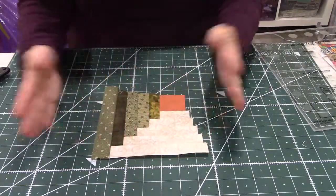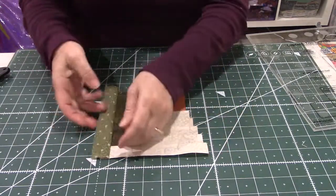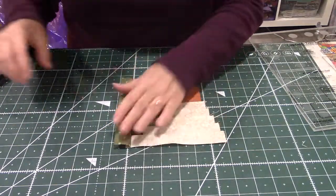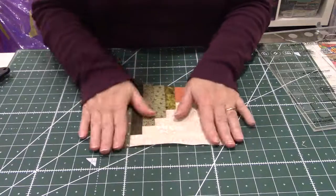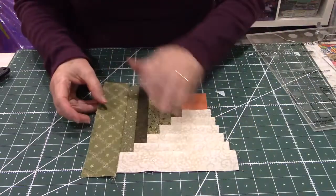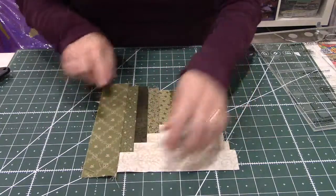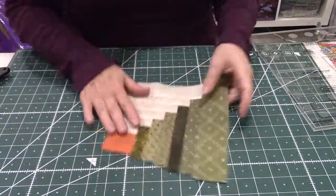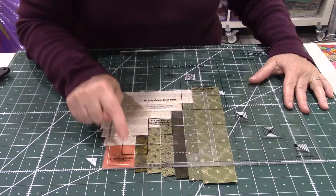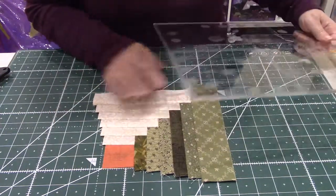Now we have one more logs to go on. The white log, slightly bigger. Again, I forgot to cut, every time. All right. And then we put the green. So we're going to put the white on, iron it, and then put the green on, iron it, and it should look like this. So now we're ready to physically trim this up. And before I trim this, I want to trim this corner. And the way to do that is we're going to go to this square here, line up this as best we can,